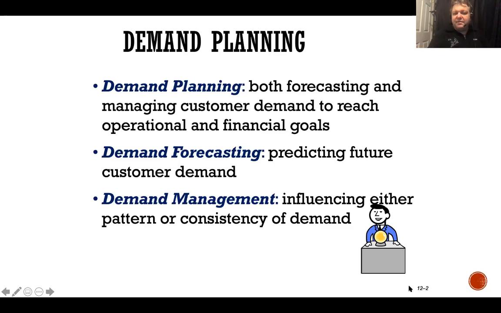Now, the other way I can manage demand is I can influence the supply. So if I can limit my supply, I can say, here's my supply. You can buy this product while it's available, but it's only available for a limited time. Once it disappears, it's gone forever. So act now and buy the product at the price that I want you to pay so that you can get in on this.